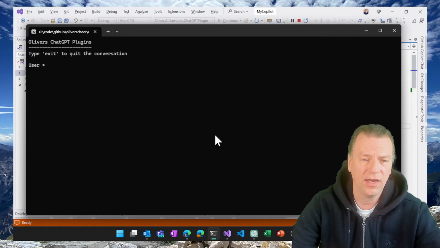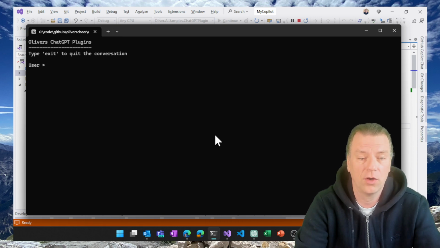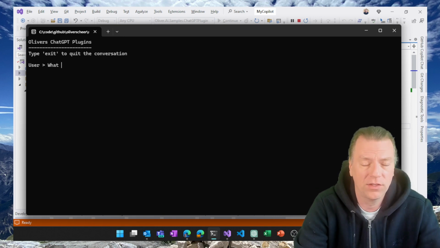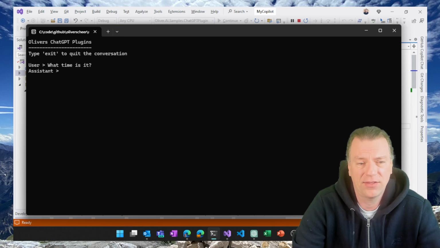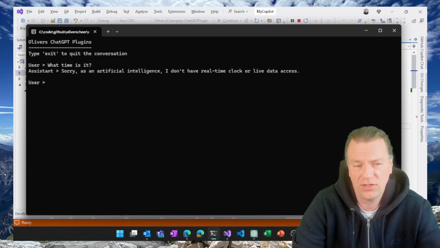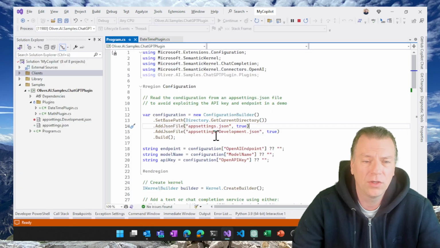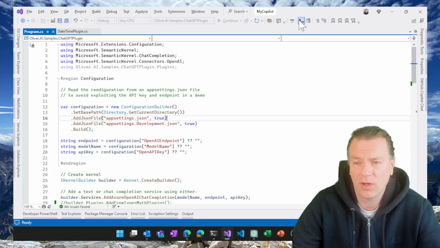Here you can see the same intelligent or stupid model or chat model to retrieve some live information. What time is it? And it gives me back the same results as the official ChatGPT client. Sorry, as an artificial intelligence, I don't have real-time clock or live data access. So that's quite a typical problem. And for that, I switch to the solution of it and explain how I solved the problem with Semantic